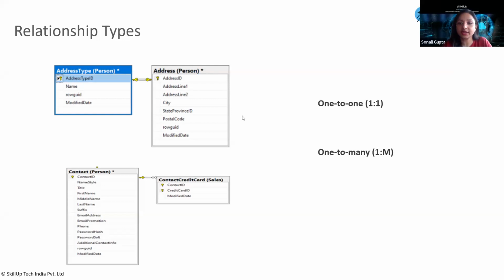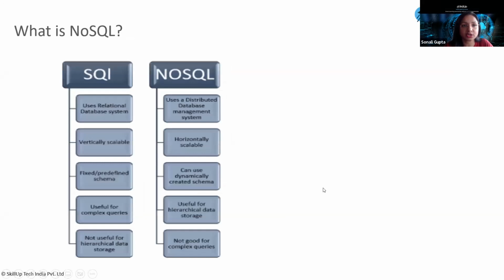I think all good here. Yes. Okay. So let's move ahead. So now these are the relationship types.